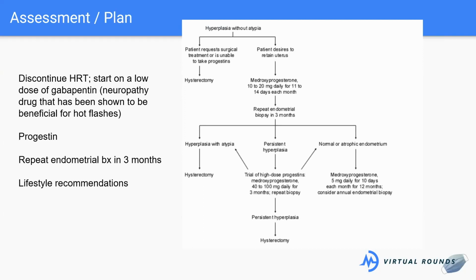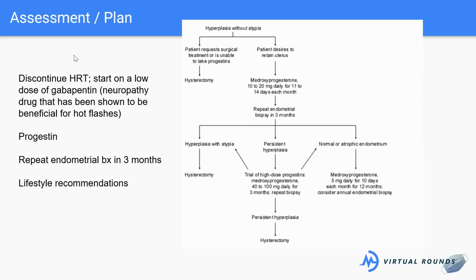Okay, so then the progesterone, I already talked about that. So putting her on progesterone to counteract some of those effects that estrogen had. And in these patients, we'll want to repeat an endometrial biopsy in 3 months. So as you can see here, if somebody has hyperplasia without atypia, this is the flow chart for that. And if they have their uterus, then you'll want to put them on progestin. And then you want to repeat the endometrial biopsy in 3 months because we want to do a follow-up to make sure that this is not progressing, right? To make sure that it has gone back to normal, that sort of thing. And then so on and so forth, depending on what that biopsy shows.